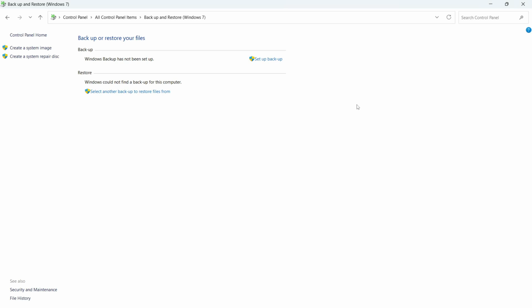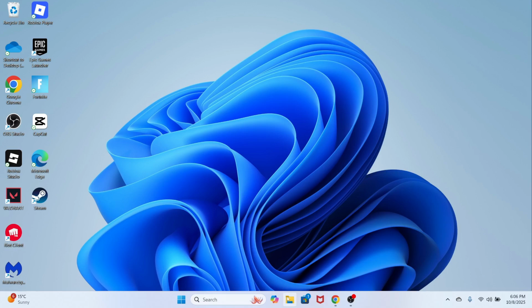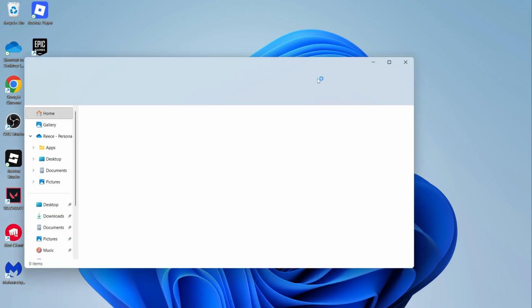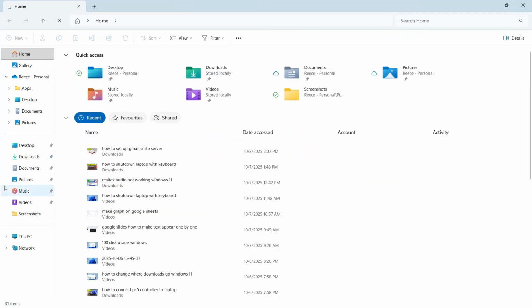In this video, I'm going to show you how to back up your laptop or computer. So the very first thing you need to do is just go and open up your File Explorer, and then over on the left hand side, you need to click on the drop down arrow next to this PC. Now from here, you'll be able to see all of the drives that are currently connected to your computer, and